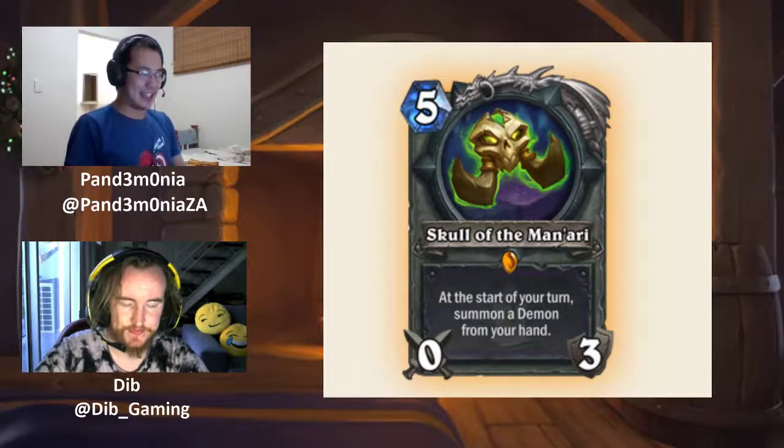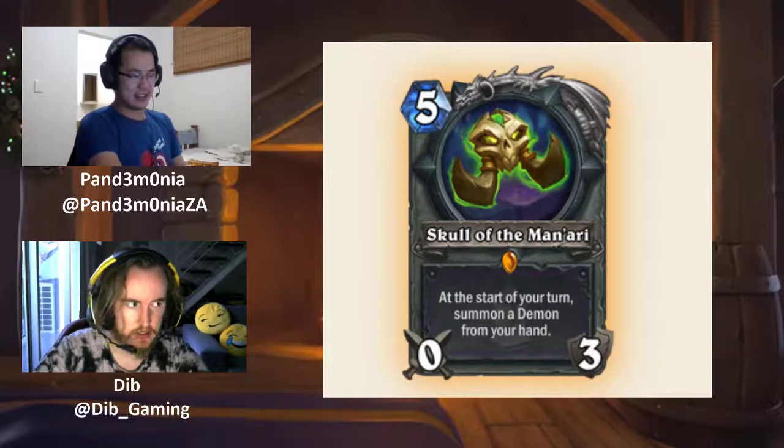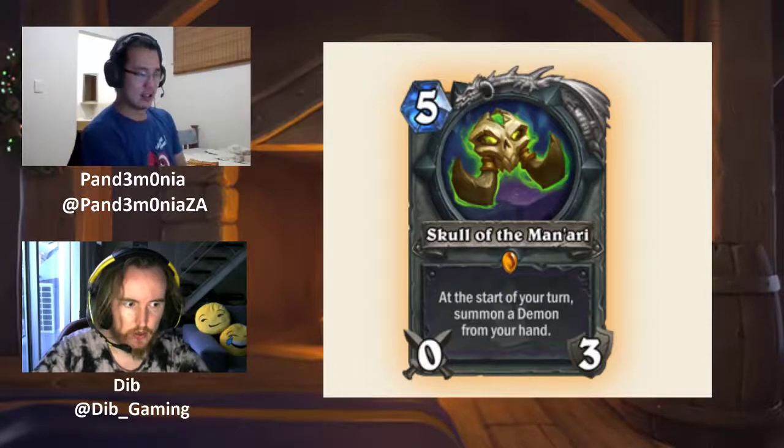I think it's definitely going to be an issue. It does seem a little bit slow, but maybe if they print a few other bigger demons, like we need to run the numbers and figure out exactly what the stats of the demons are. But with them printing some of the bigger new demons like Void Lord, the one that we discussed on the